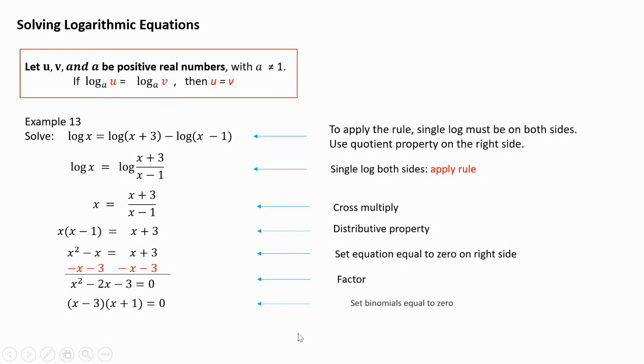So then here we apply what's called the zero property theorem, which means we're going to set both binomials equal to 0. So x minus 3 is equal to 0, and x plus 1 equals 0. So here we're going to add 3 to both sides. So it's going to give us,